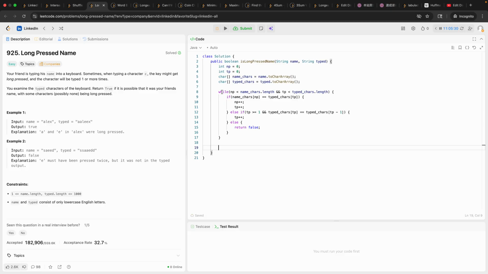So after this while loop, where are we? We're currently at the end of at least the name string, okay? So if NP, the name pointer, is not nameChars.length, we can return false. Okay, so if it cannot reach the end, we can return false. Okay, otherwise,